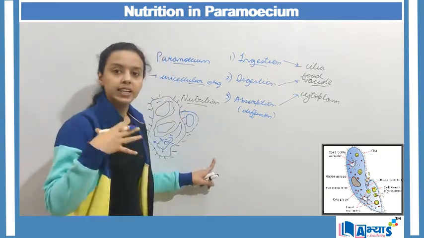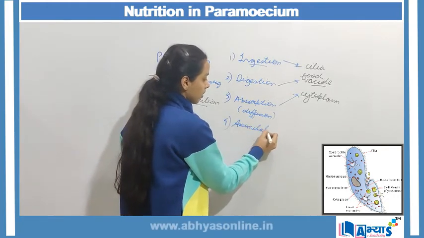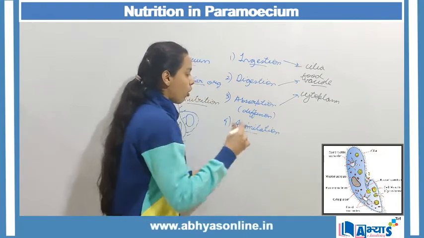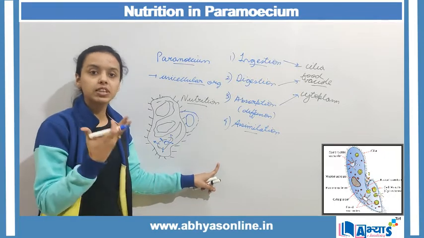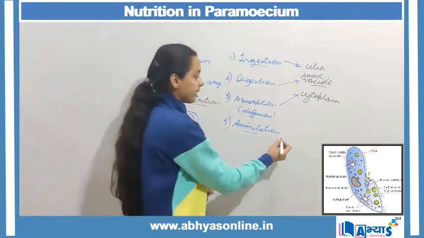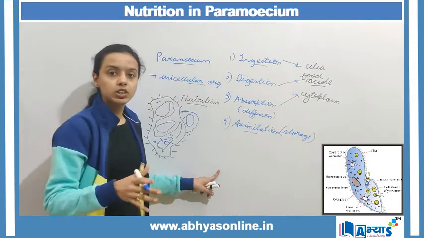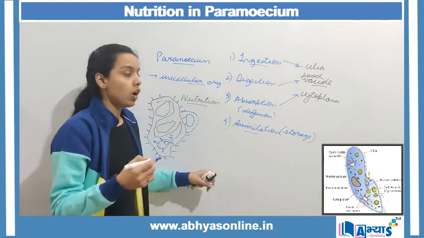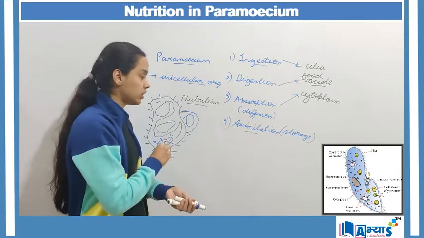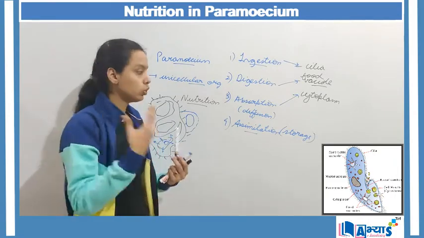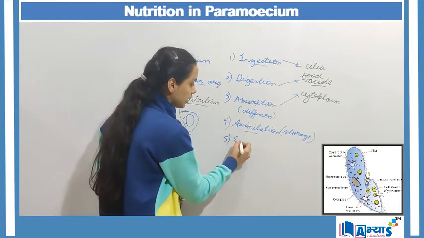Now when the absorption has taken place, we have the step known as assimilation. In assimilation, all the nutrients that are absorbed can either be used at that time or be stored. That means it has two functions to perform. It provides energy to do the activities of the paramecium, or when there is no activity to be done, those nutrients can be stored to be used at a later time. The last process is egestion.